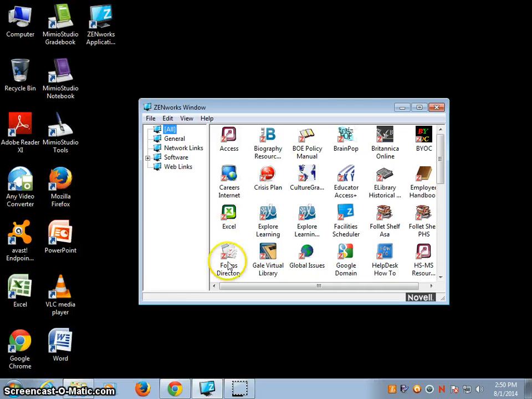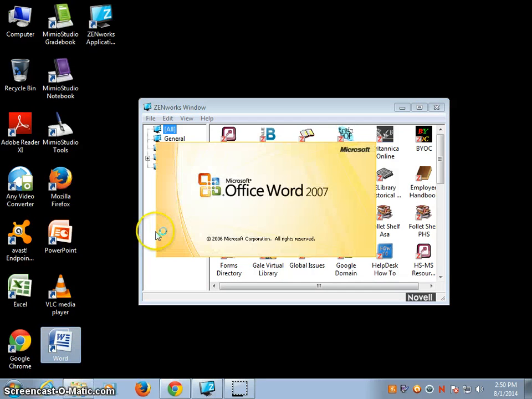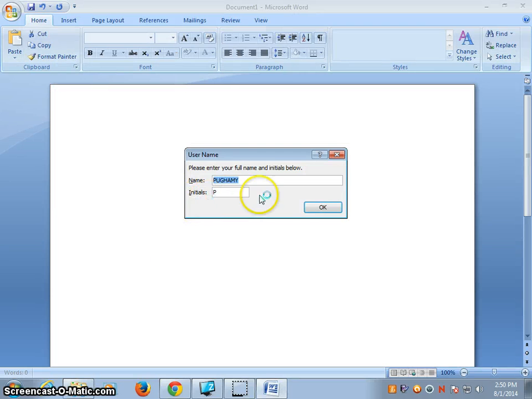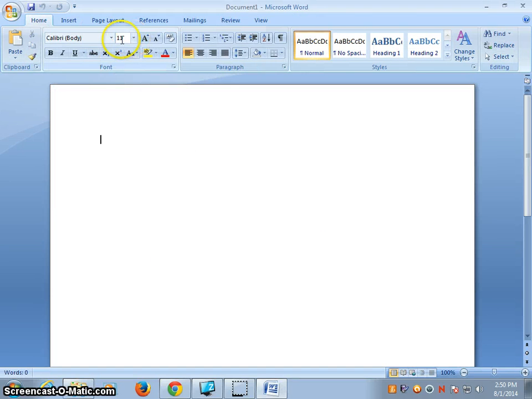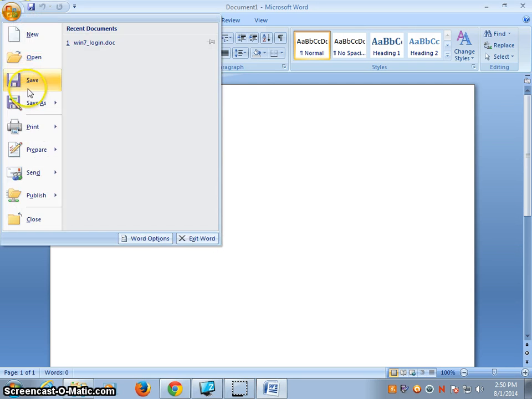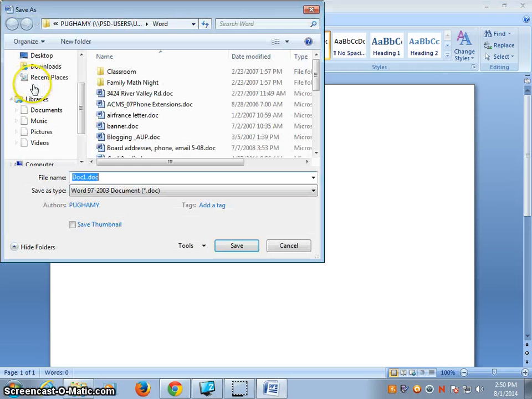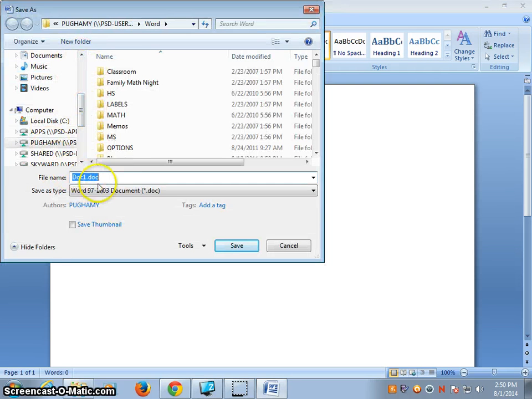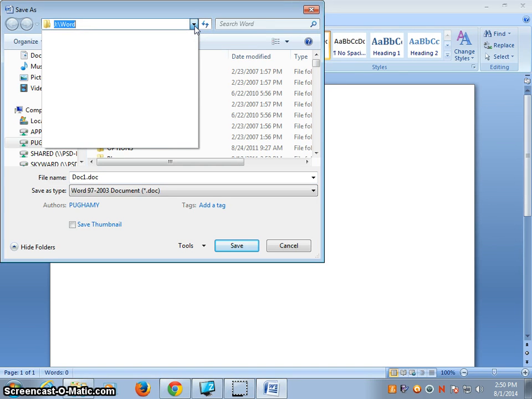I'm going to minimize this. So for instance, if you were to create a Word document and wanted to save it on your personal space on the network, if you create the document and then go to File, Save, when that window opens up, it's going to ask you to name the document, but up here at the top, it's going to ask you where you want to put it. And so if you drop down here,